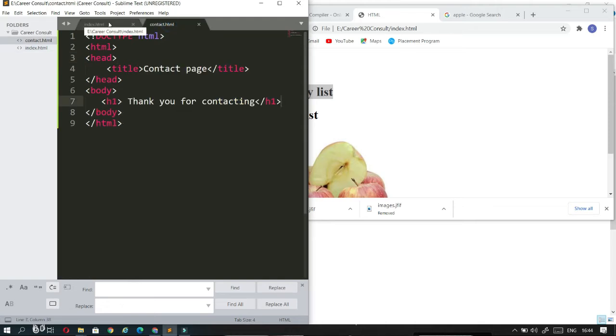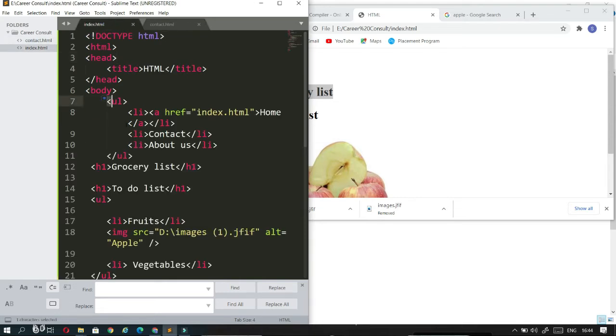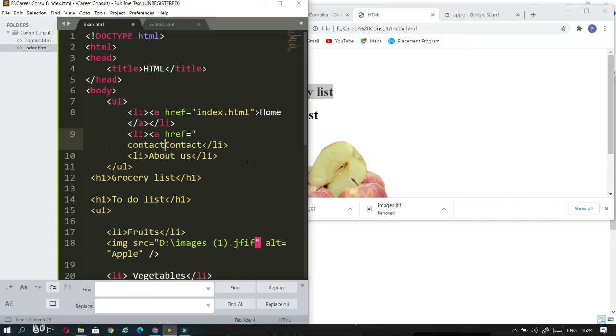In the index.html page, and in each and every page, we need to have the navigation bar. If you observe any website, there will definitely be a navigation bar on every web page. So I need to copy this, and before copying I will add the link here. href is an attribute which redirects to the location after clicking the content. So href, and contact.html, which is in the same folder. So I am using the file name, and before finishing the li, I am closing the anchor tag.